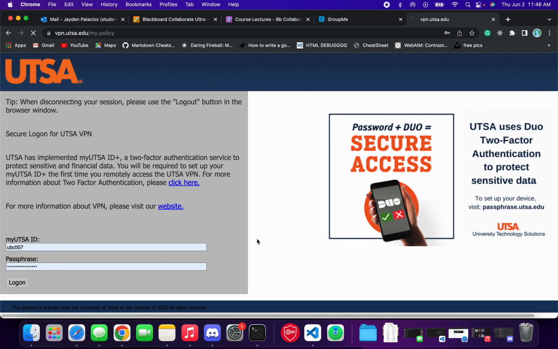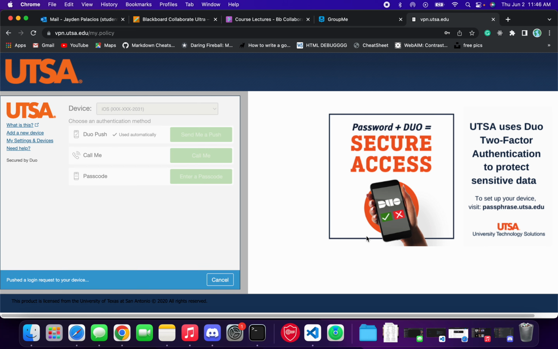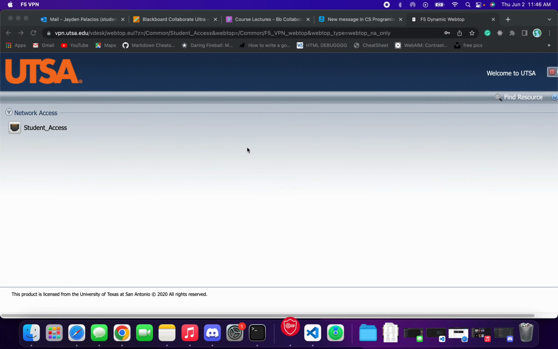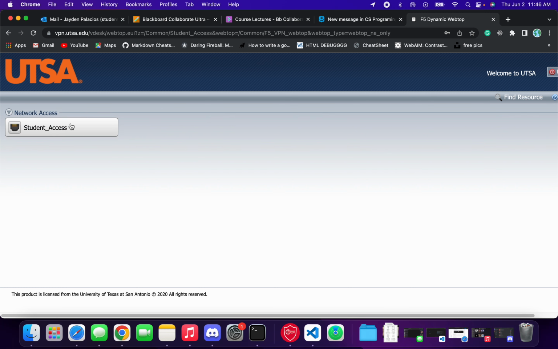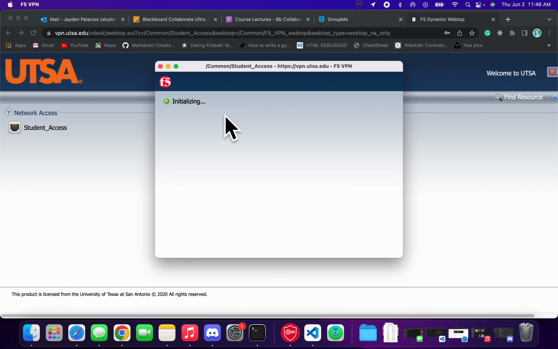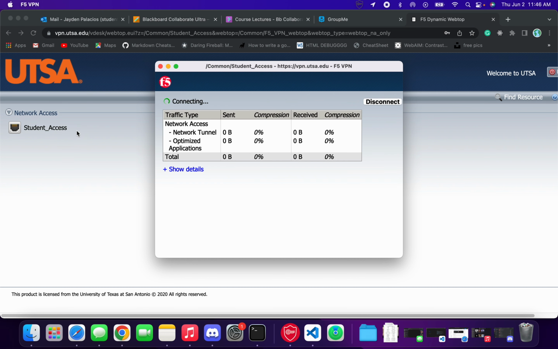So you just log in. I think it sends you a little push notification or whatever. But pretty much what it's gonna do right here, if it's your first time coming into this little thing right here, it's gonna ask you to download this VPN. So just download the VPN, and then once you come back to this website, you might have to reload it. It'll pop up like this, and so